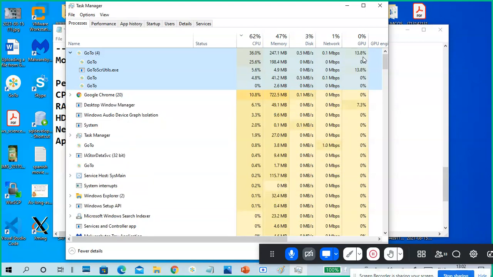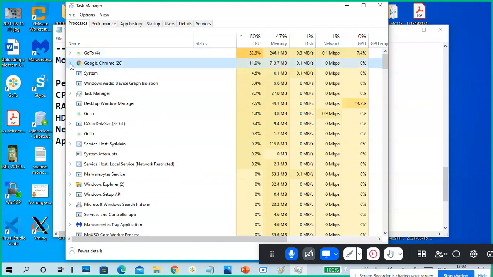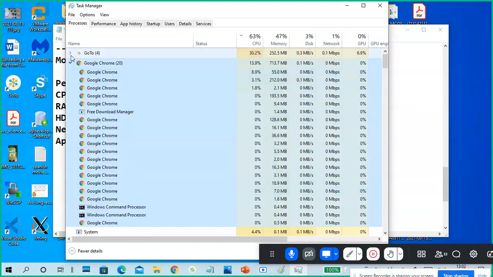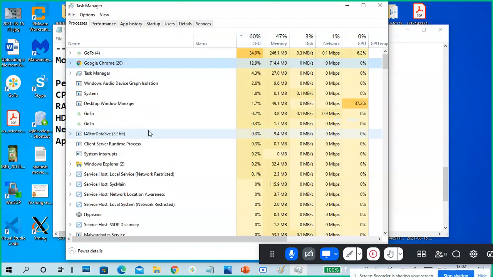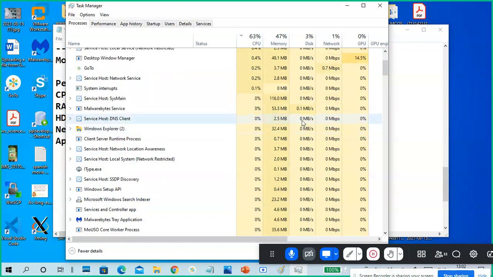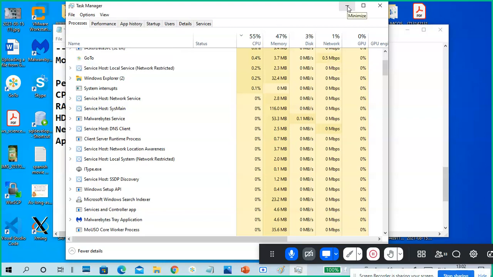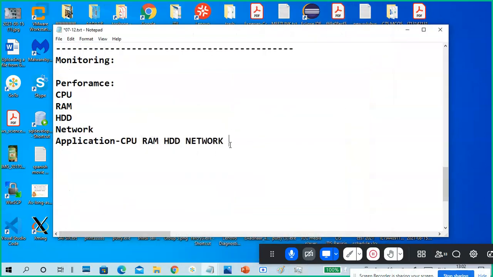This is my GoToMeeting. This is my Google process. See, 30% of my CPU it is occupying. Each process will take some CPU, memory meaning RAM, and disk and network, and of course GPU if you have graphical processes.